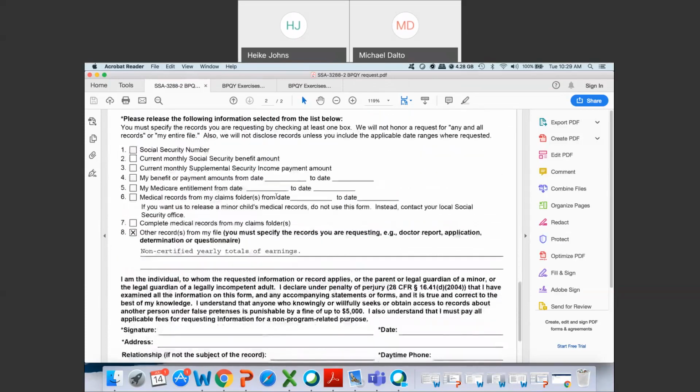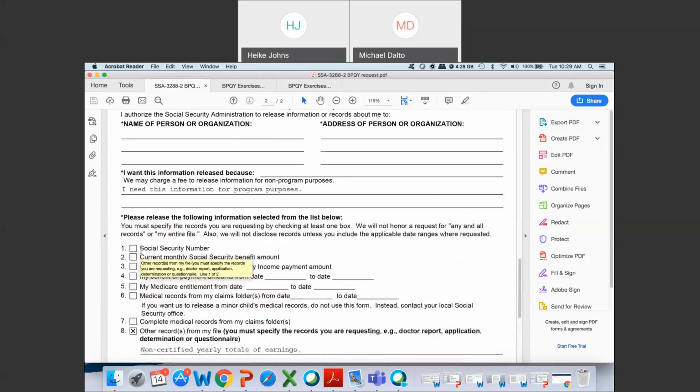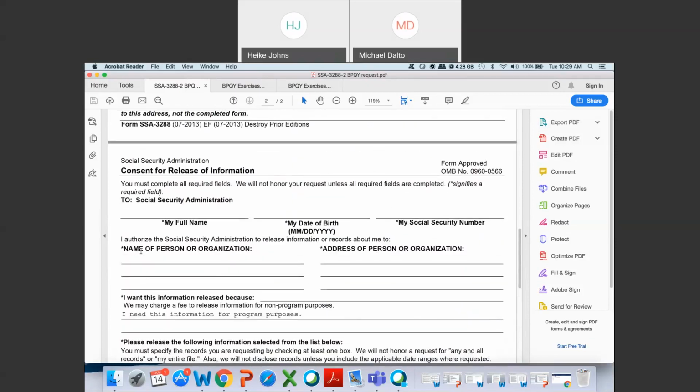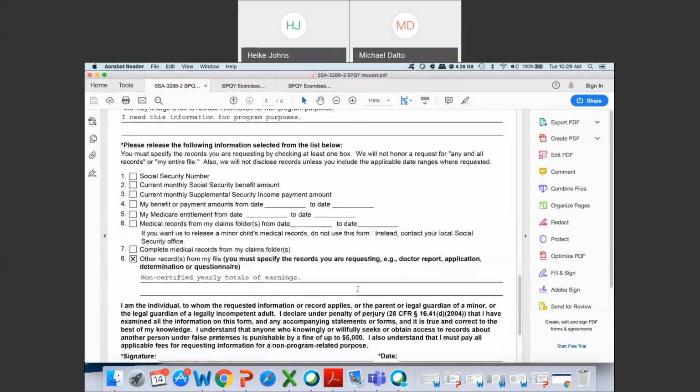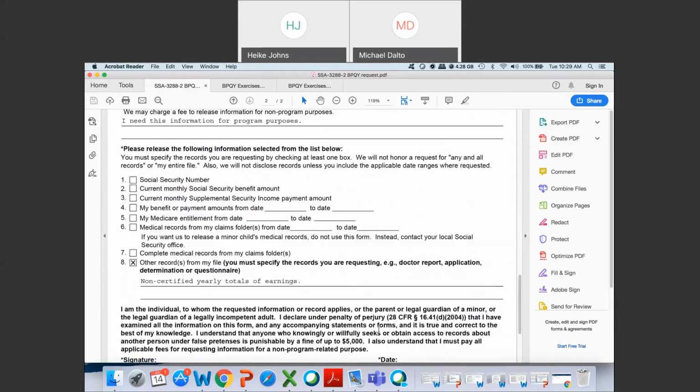Here, this one says, I want this information released because I need this information for program purposes. And box number 8 has an X in it, other records from my file, and typed in below that is non-certified yearly totals of earnings. This form, you're going to do the exact same information that you added to the first copy of the form: person's name, date of birth, Social Security number, you or your organization's name and address, and the individual will sign,